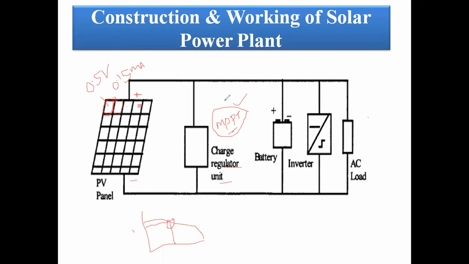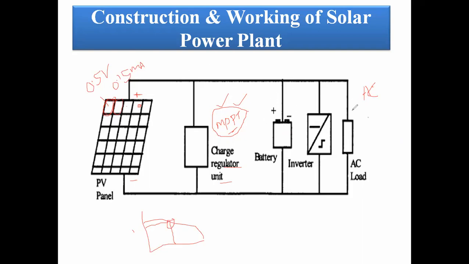To avoid that, at present, the terminology used is MPPT charge controller. The output of the MPPT charge controller is connected to the battery, because the PV panel output is DC. We can't utilize it directly for home appliances. For our home appliances we are using AC electricity, and up to a maximum of 95% is utilized for the AC power.